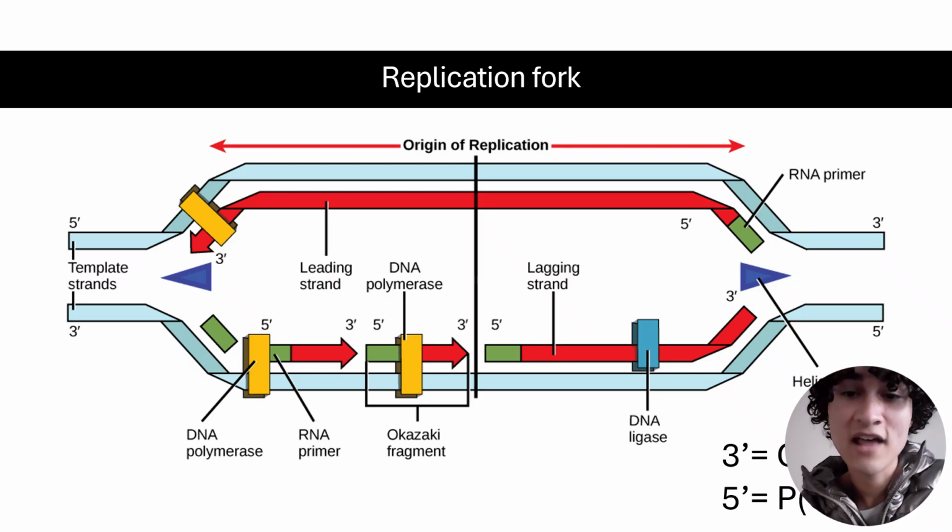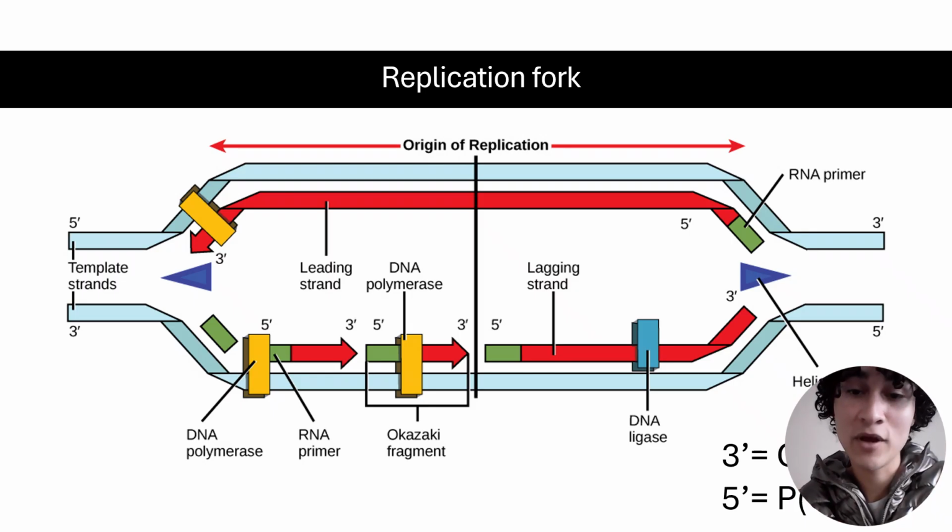But essentially, that's the kind of initiation and elongation process. And you could see helicases, those blue triangles, and they're running in a bidirectional manner again. What they're doing is breaking those hydrogen bonds between the two parent strands. So that helical structure is being broken, and it's forming these bubbles, and those parent